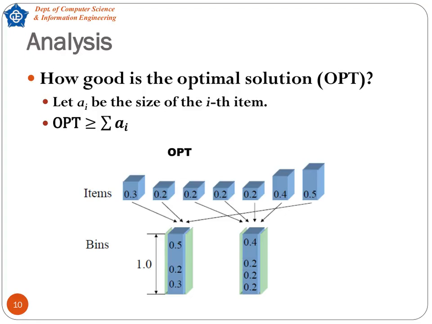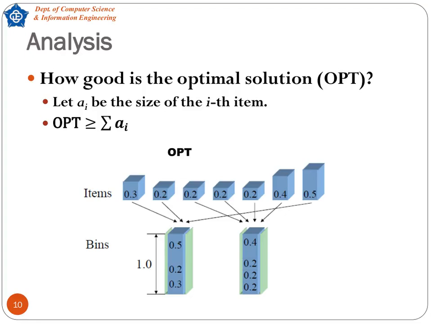Below them, these items are neatly packed into bins. In this specific scenario, we're using just 2 bins, each designed for a total capacity of 1.0. Notice how the first bin efficiently holds items of sizes 0.5, 0.2, and 0.3, perfectly filling it to 1.0. Similarly, the second bin skillfully accommodates items of sizes 0.4, 0.2, 0.2, and 0.2, also summing up to a perfect